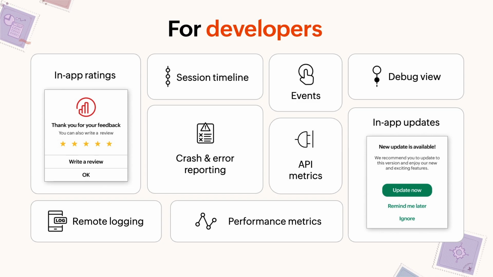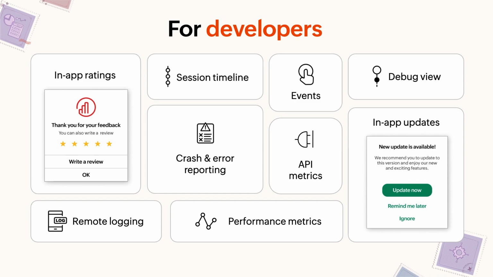You have events, which is basically the actions that the user does within your app. And then we have in-app updates and in-app ratings. So with respect to in-app updates and in-app ratings, these are some ready-to-use elements that we provide within Apptics. As a developer, you can do some configuration and changes, and you can use this as it is. If you want to customize these pop-ups based on the theme of your application, or you want to have your own pop-up, we do provide that capability as well within Apptics.